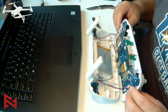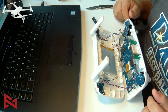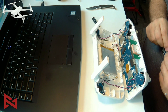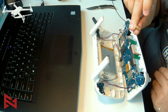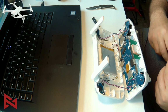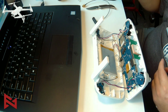Okay, so we'll crack this open and so these are going to be hard to put back on, there's no doubt about that. But what I am going to do is go ahead and install this connector right here to get us started. Okay, and that will be for the range. Right now I'm not going to do this one just yet. We will come back and do this one. Right now